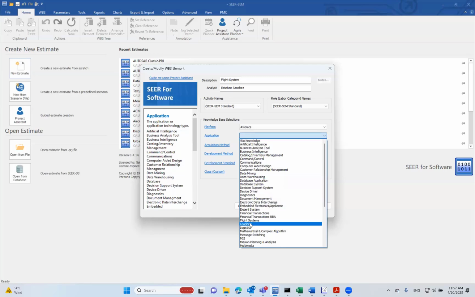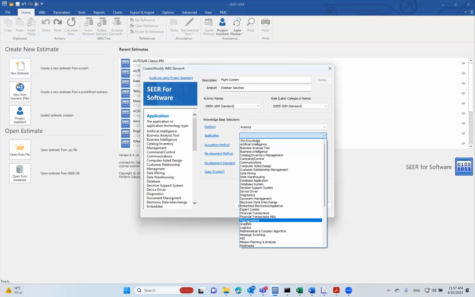We have these options, okay? It may be something that provides controls for certain actuators or surfaces of the aircraft. Maybe something that deals with communication. It might be some sort of data collection or database inside the aircraft. Maybe we're estimating a driver for a piece of hardware, built-in test, diagnostics,